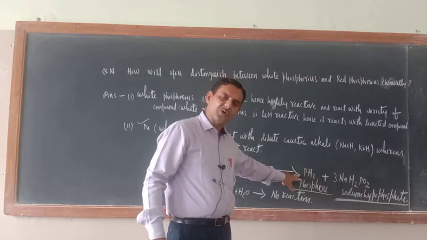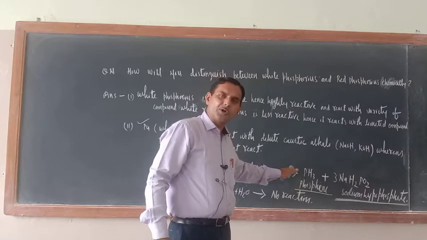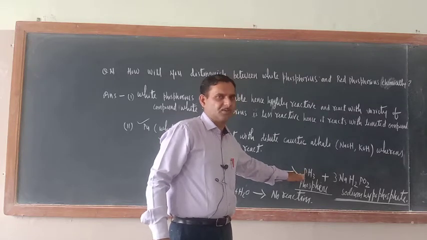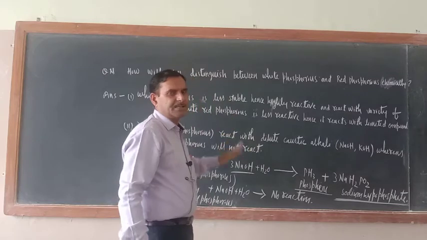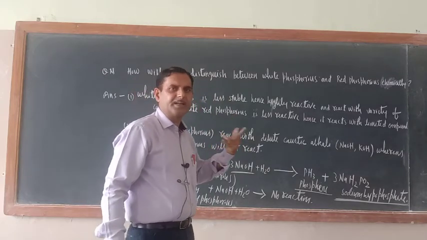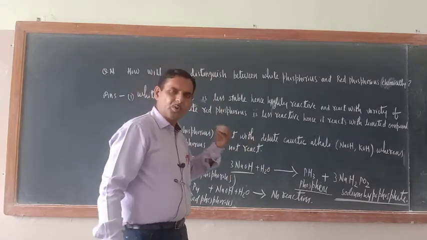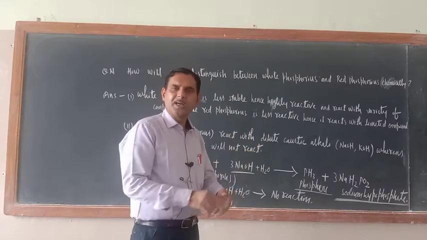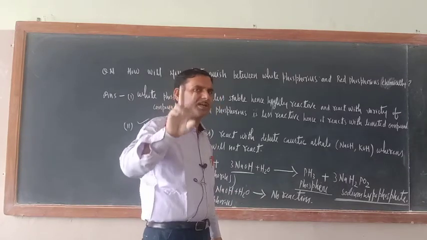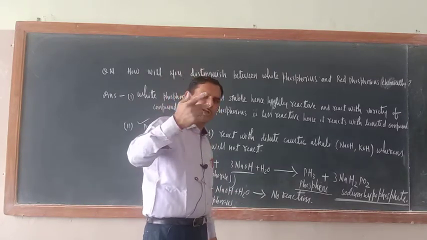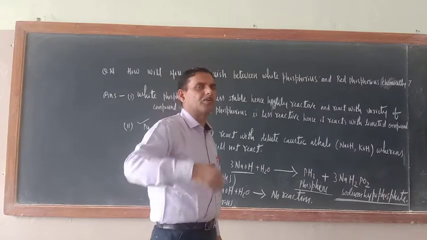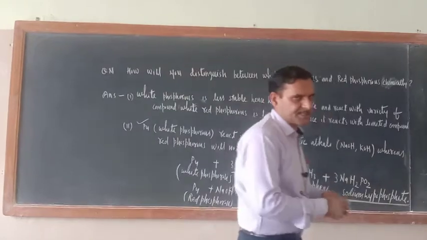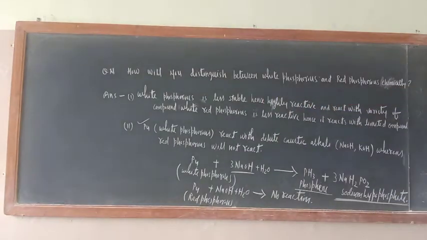In PH3 you will study this one again. This is the laboratory preparation of phosphine gas. This is a poisonous gas, PH3, phosphine. So in this way we can very easily distinguish between red phosphorus and white phosphorus. Now the most important thing is the structure of red, white and black phosphorus, and on the basis of structure only we can tell which is the most reactive, which is least reactive, or which is most stable and which is least stable. Just see the structure of white, red and black phosphorus.